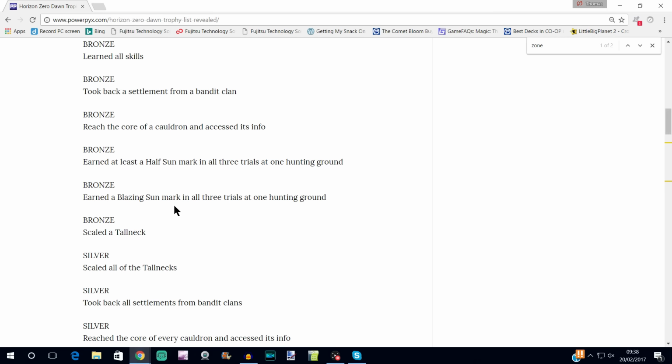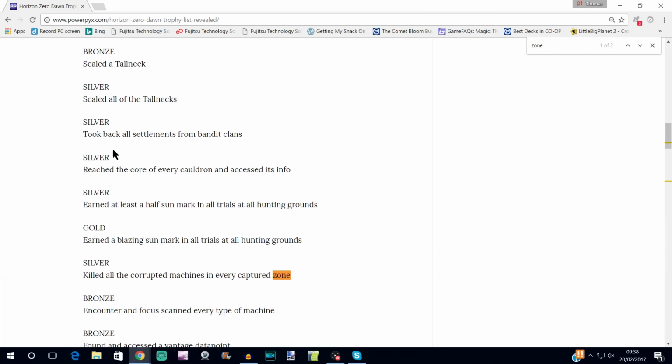Now, the rest of these trophies here, they all have multiple tiers, so we're going to skip these because they are referred to again. These same activities are covered by higher tier trophies. Just as an example of what I mean here, this bronze one is for scaling a tall neck, and the silver one is for scaling all of the tall necks, and all of these work in the same way, basically. So we've got to scale all the tall necks, which I'm assuming are the big giraffe-looking machines,